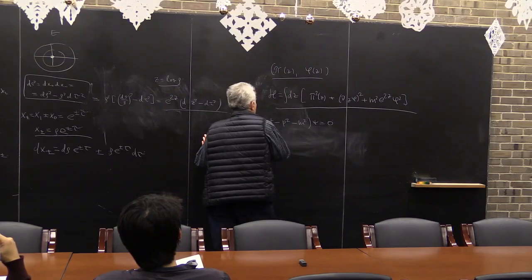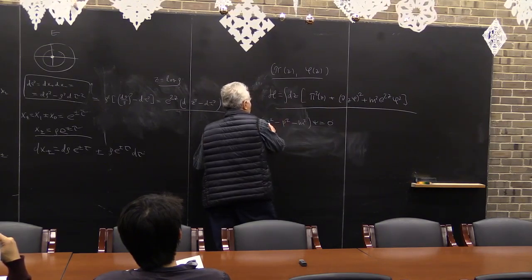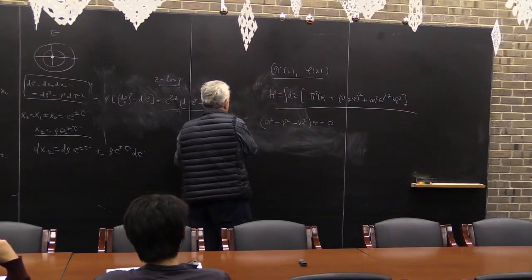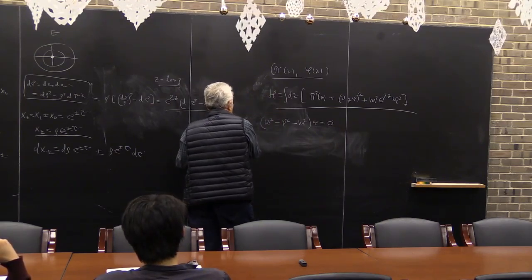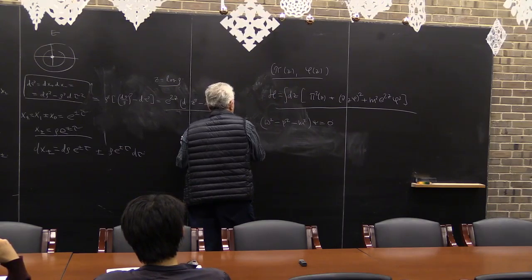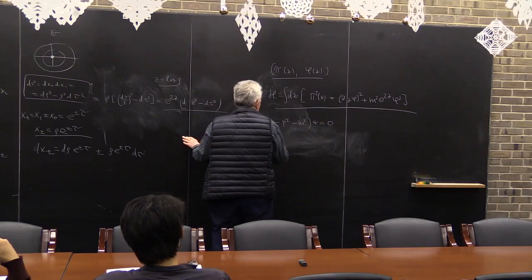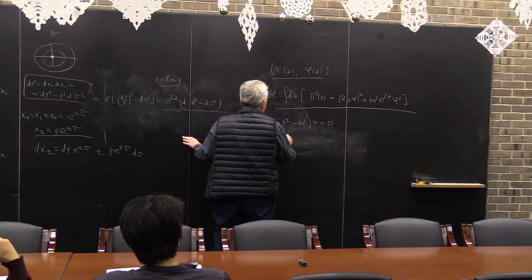With these modifications, we still can keep the Fourier transform with respect to time, because nothing is time dependent. We have omega^2 plus d_z^2 minus m^2 e^{2z}